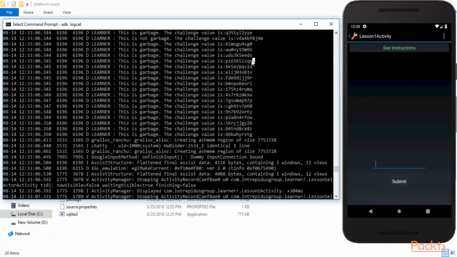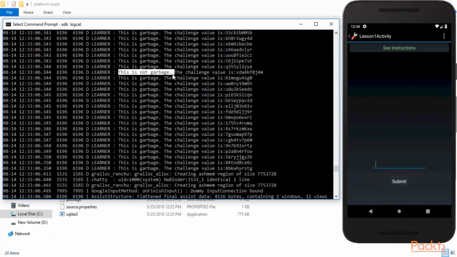It means it is showing us some value information. So I think we need to take a look inside this section. Now it is saying that this is not garbage, the challenge value is this. It means this information is valuable, and we can use this information right here to check whether this is the right answer or not.